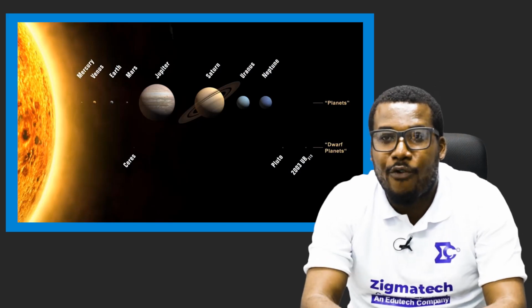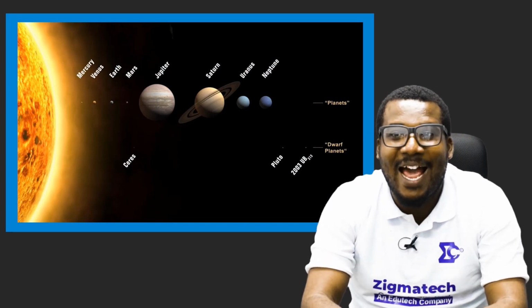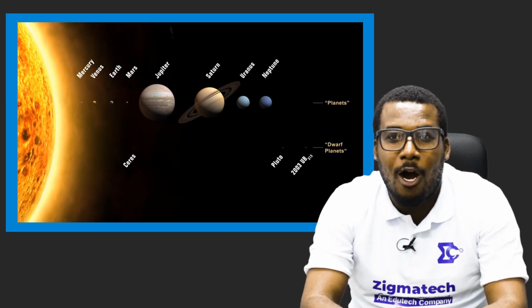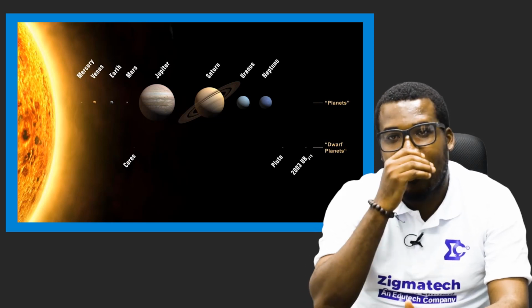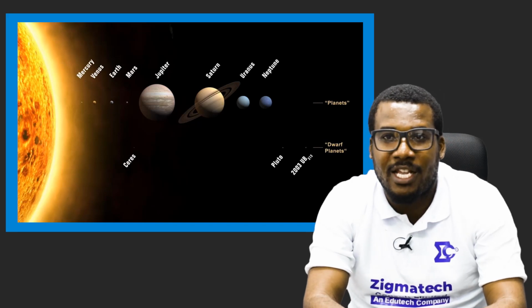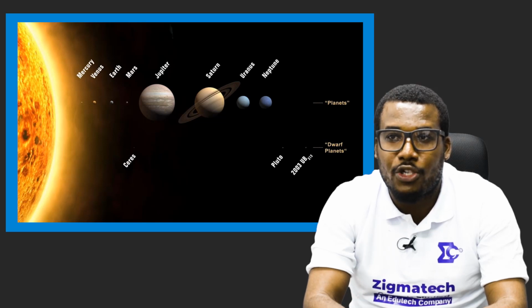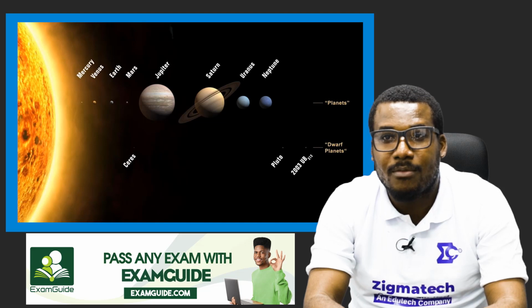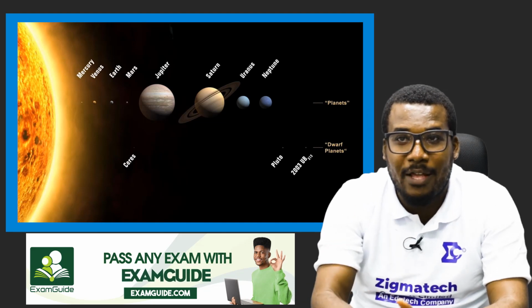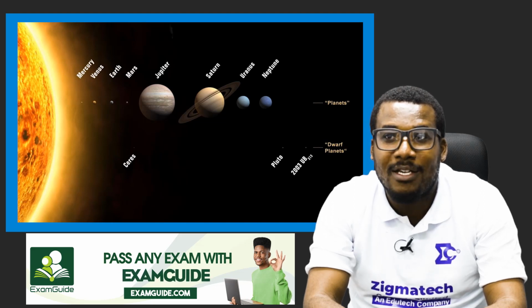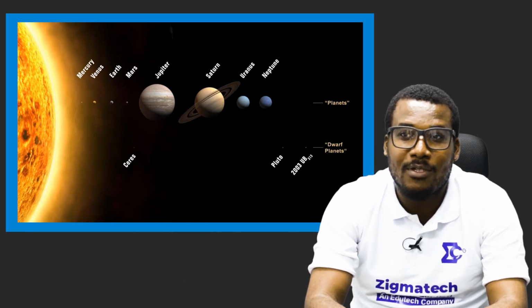Okay, now if you are doubting the size that we stated earlier, look at this. This is the proper imagery gotten by NASA from the observatory and the ISS, the International Space Station. It was observed that this is the structure of the solar system. So you can see Earth right there, the 3rd planet, how small it is compared to Jupiter, Saturn, Uranus, and Neptune.